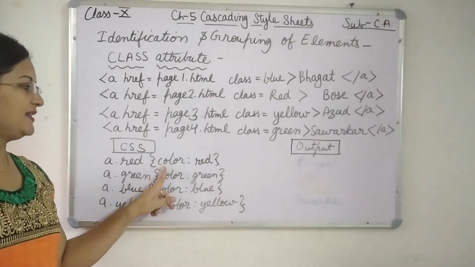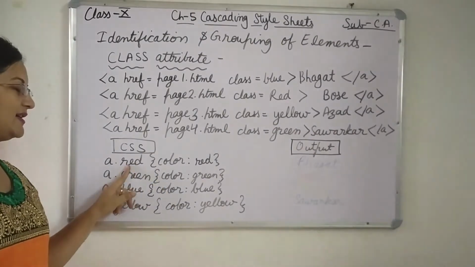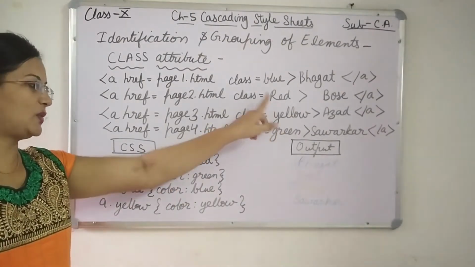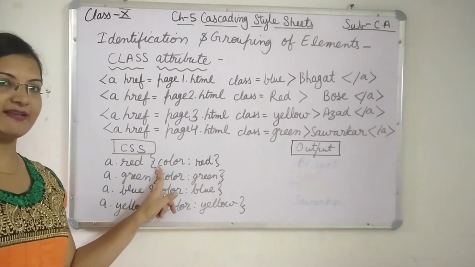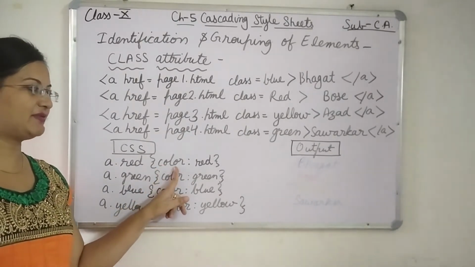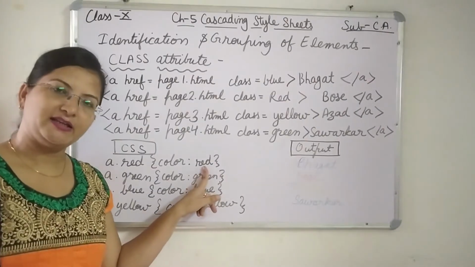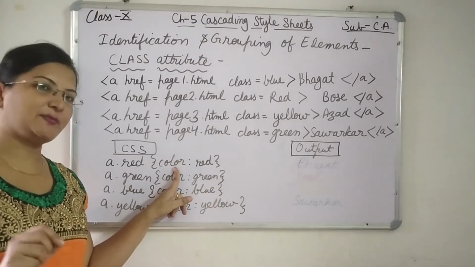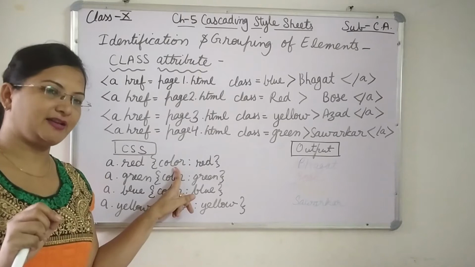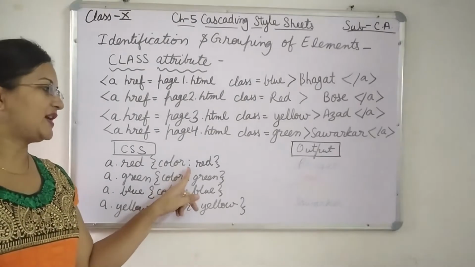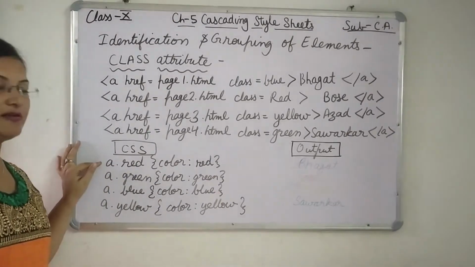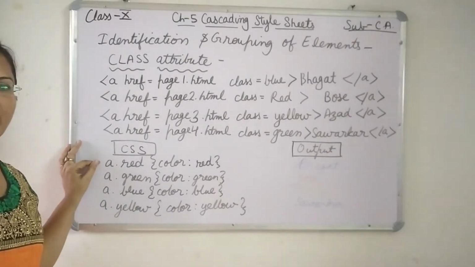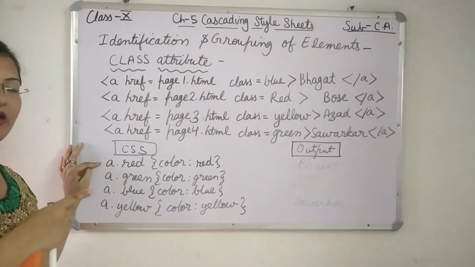So then there is color. Okay, class is red, that means this one. And then curly brackets. These are the rules of CSS. Inside the curly brackets we will write color red. I have already told you this is the spelling you have to use for color in HTML. So color, then colon, red. Got it? Whichever A tag, only A tag, because it is written A dot red.